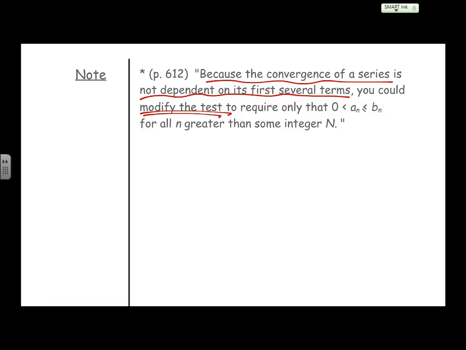Or b sub n is greater than or equal to a sub n for all terms past a certain point. So is it true that one series has to be bigger than the other for all the terms? No. The first or second or third, the first 5 terms maybe won't be bigger. But as long as eventually it switches and says, okay, it's going to be bigger from here on out,